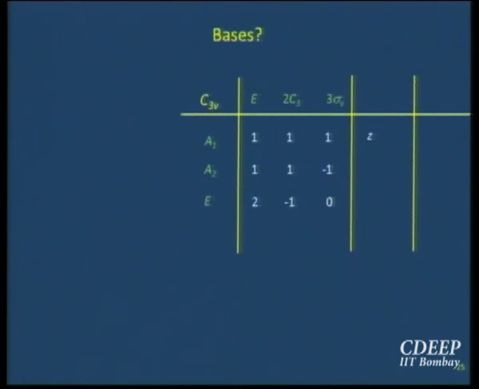Okay. Now, what about X and Y? Where do they belong? Where would X and Y belong? You are taking C3 as is, C3 along the Z axis. What happens to X and Y? Remember that matrix that we have worked out? Rotation by theta, or rotation by 120 degrees, we had worked that out also. What was that? Minus half, then root 3 by 2, then minus root 3 by 2, minus half again, right?